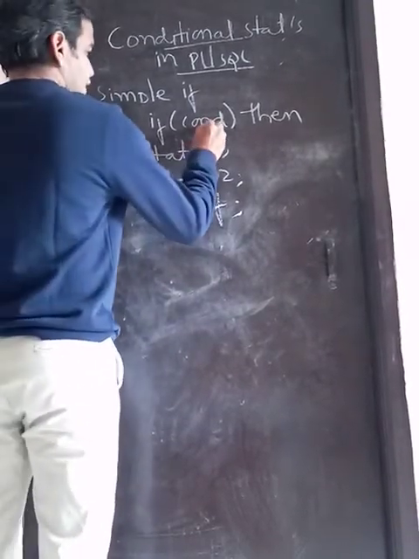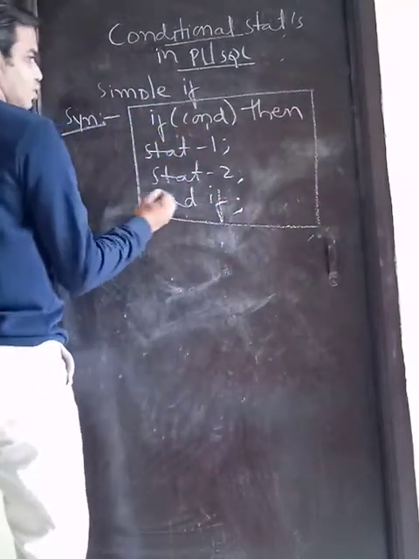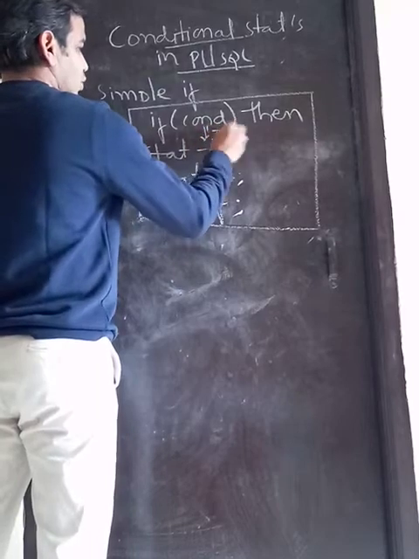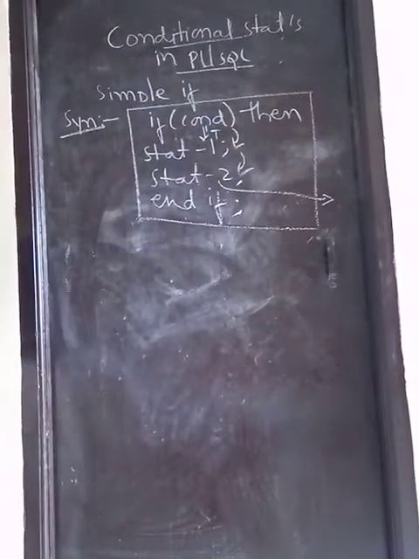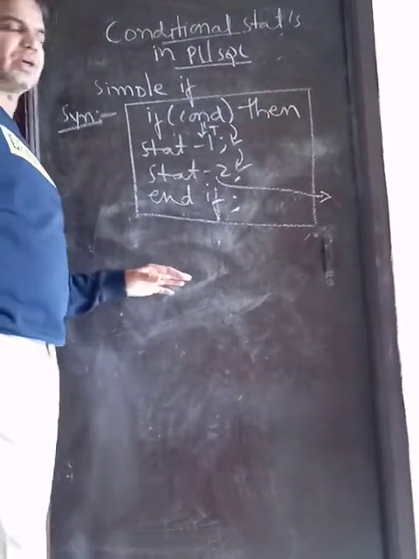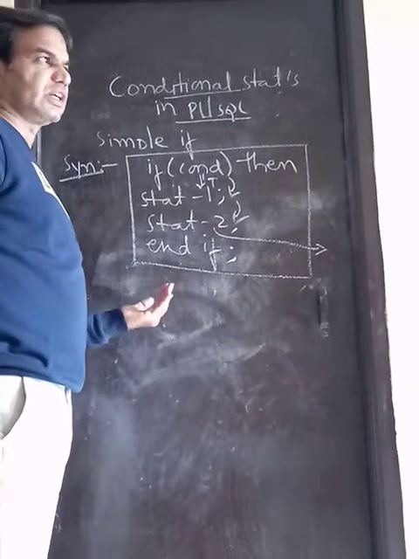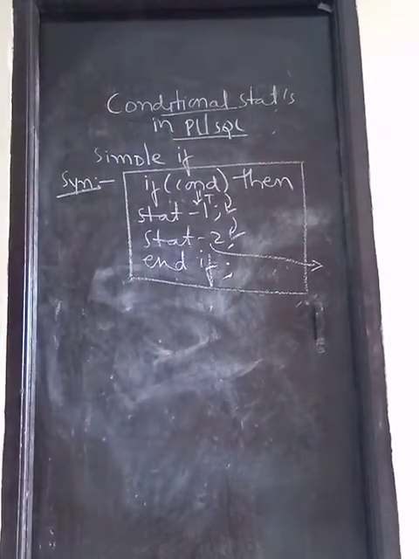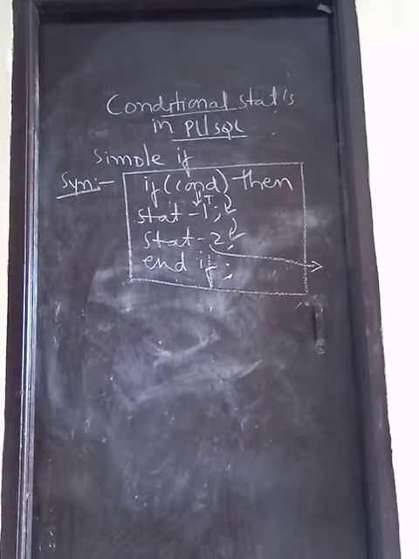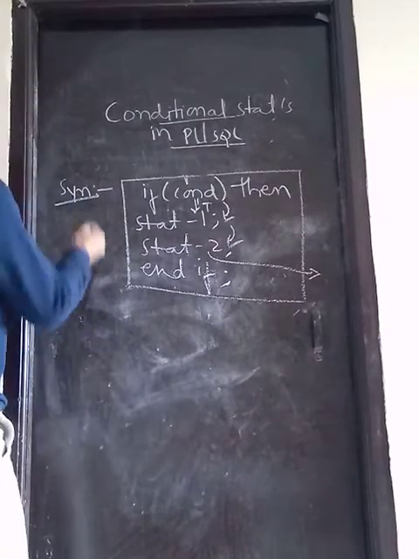See, if condition is true, statement 1 and 2 will execute, then exit. If condition is false, there is no output. It will not display any output because this is simple if. In if else, if condition is false, control goes to else part. Okay, and this is one simple program we will see. And a syntax of if else also we will see. If else.